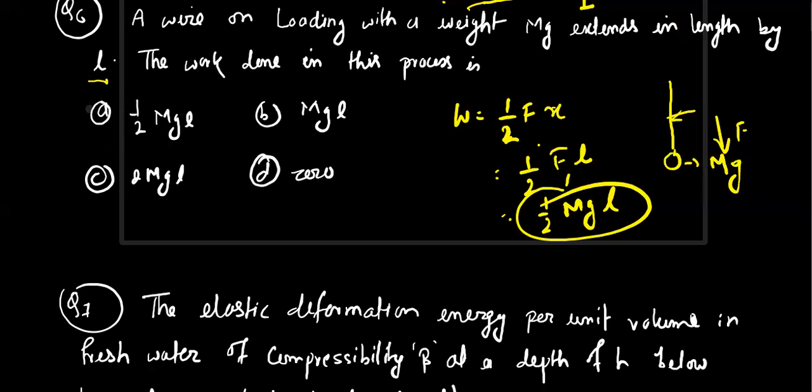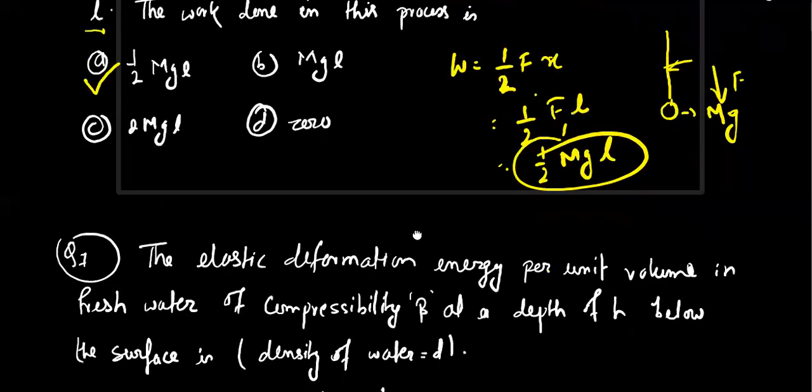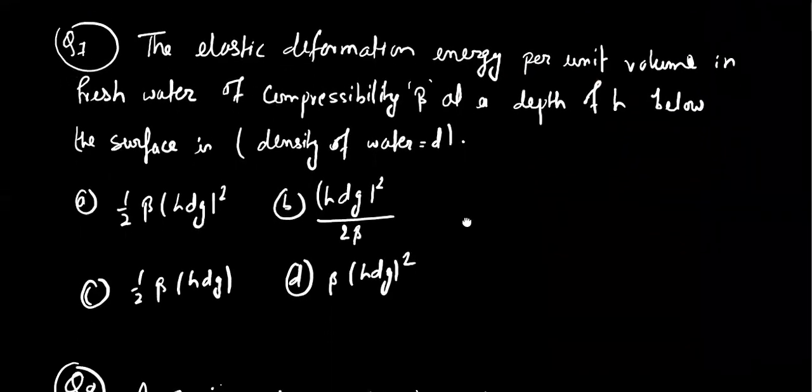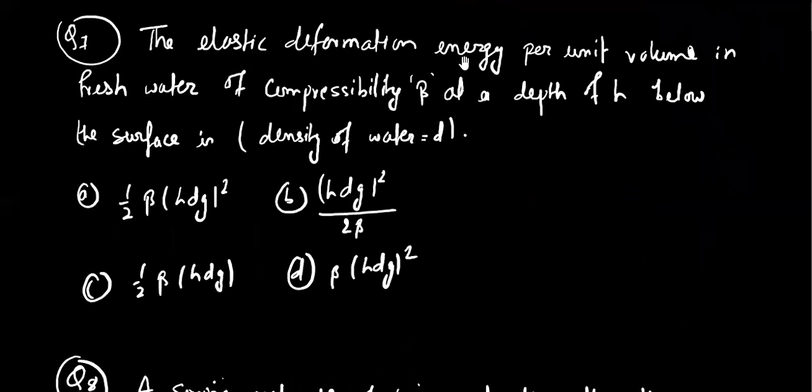So this is our correct answer. We can easily see the expression is in A. So A is our correct option. Well, we are now in question number 7. The elastic deformation energy per unit volume in freshwater with compressibility beta at a depth of h below the surface is,